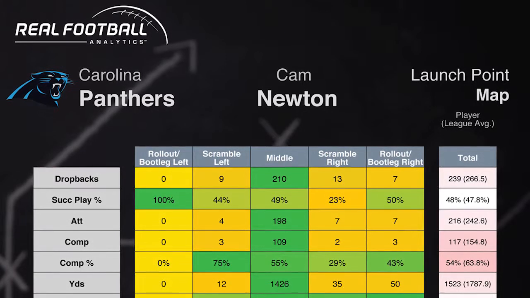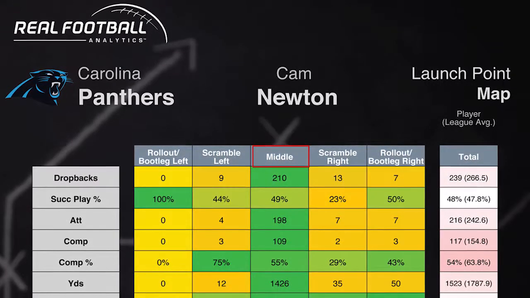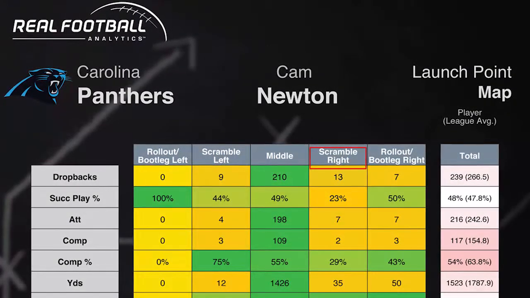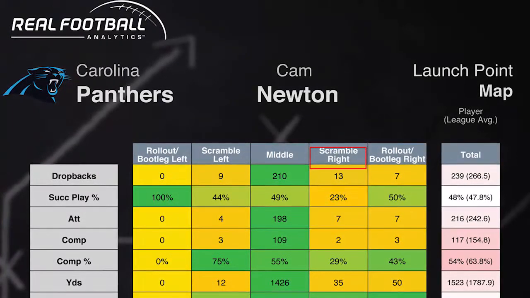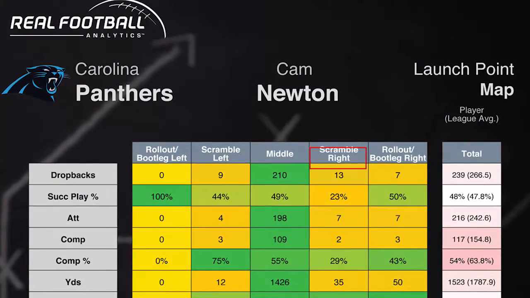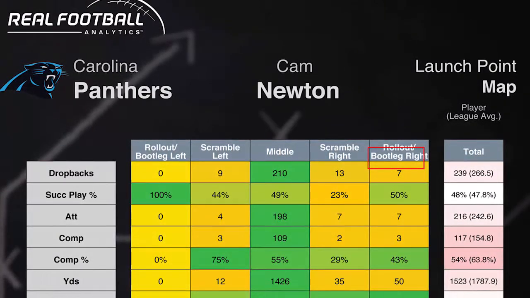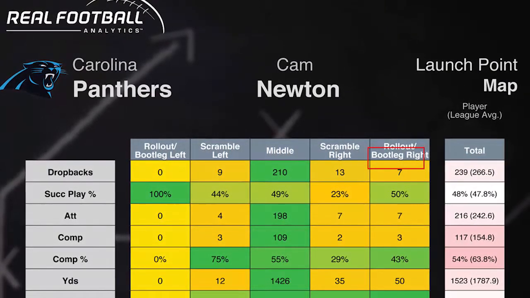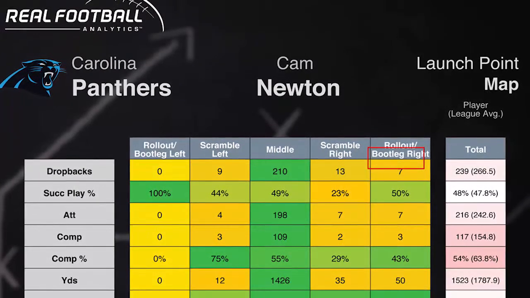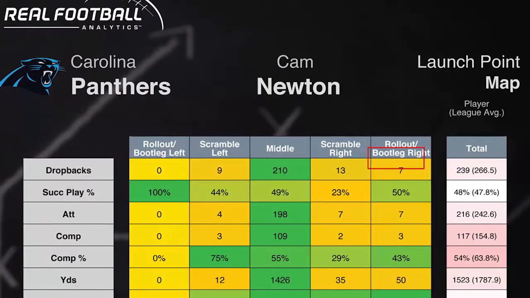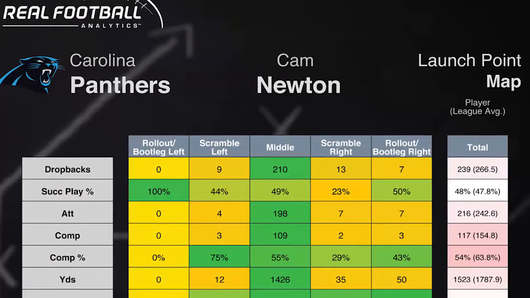We have the middle area, which represents all pocket pass opportunities and dropbacks. We have scramble left and scramble right. These areas represent when Cam is artificially flushed from his intended launch point by the defensive rush. And the rollout or bootleg columns, both left and right, those are plays that we identify as planned rollouts, where the quarterback, by scheme and by play call, is intended to go that way. So as you can see, first off,